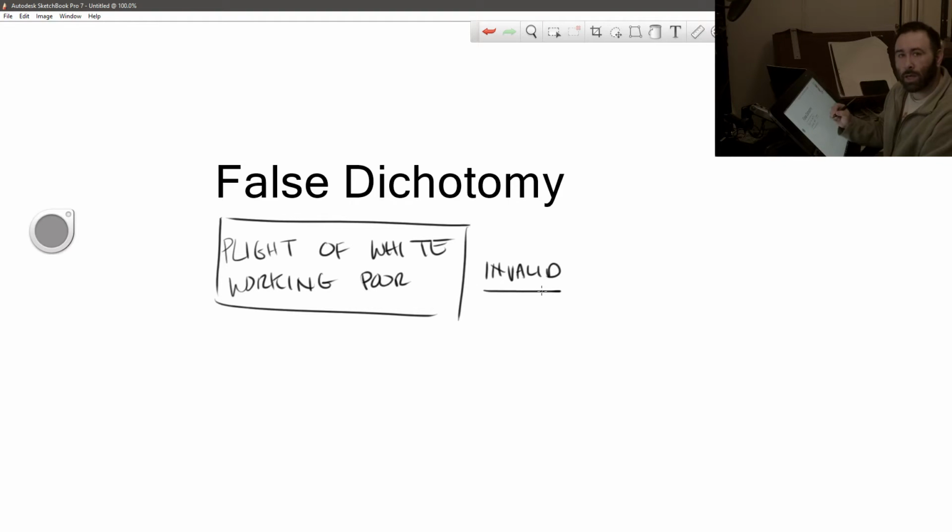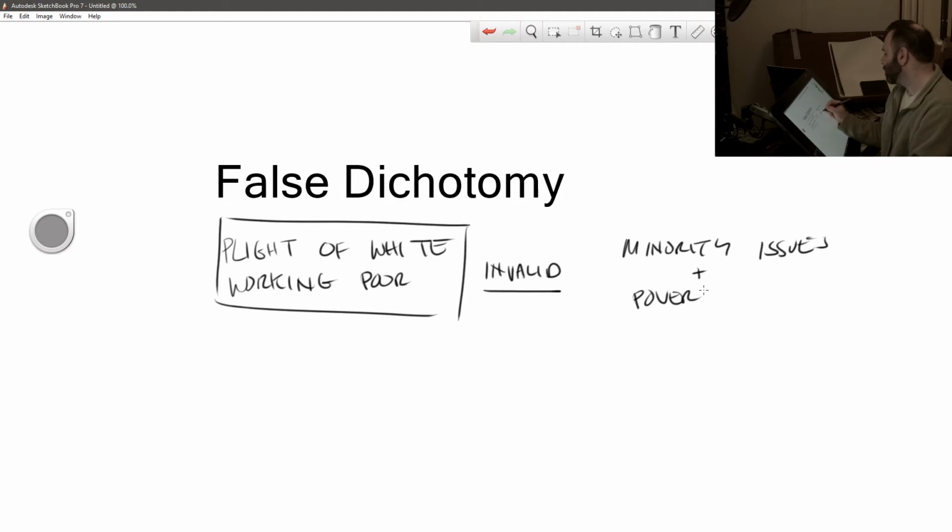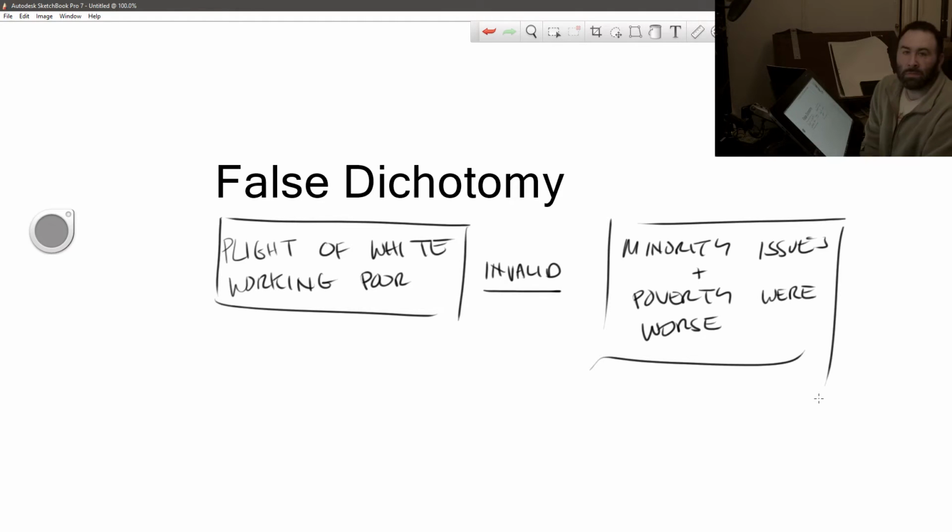This was not a legitimate claim because minority issues and poverty were worse. So the idea is that the position from the left, and they may not have said this explicitly, but it was pretty clear that this is what a lot of people were basically implying, if they didn't say it outright. But this is something that if you're on the left, you need to think about, because this has been a problem, where people have basically presented the plight of the white working poor as